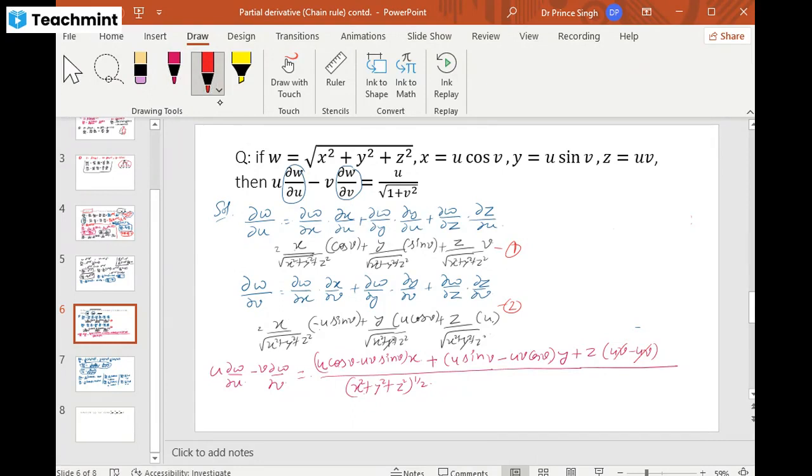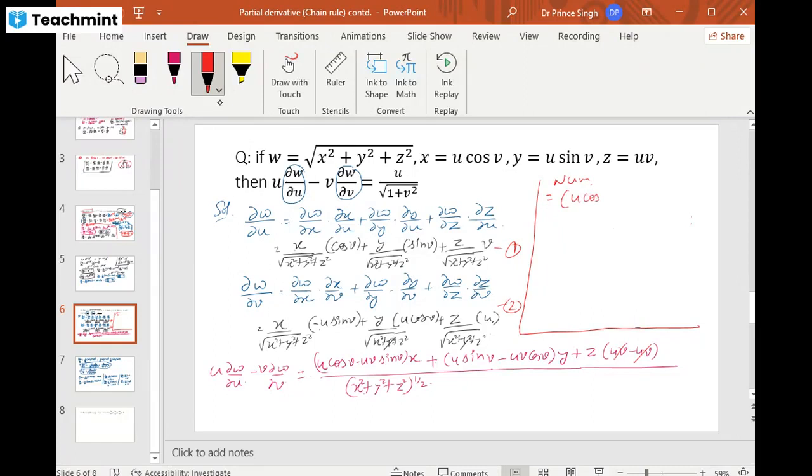But if we just look at the answer, in the answer we are having u and v only. So firstly, we need to know what x square plus y square plus z square is. If we take that, we can find it out, because we need to replace x, y with u and v only. So if we solve this particular expression, this is u cos v. I simply take the numerator term. Your numerator is u cos v,